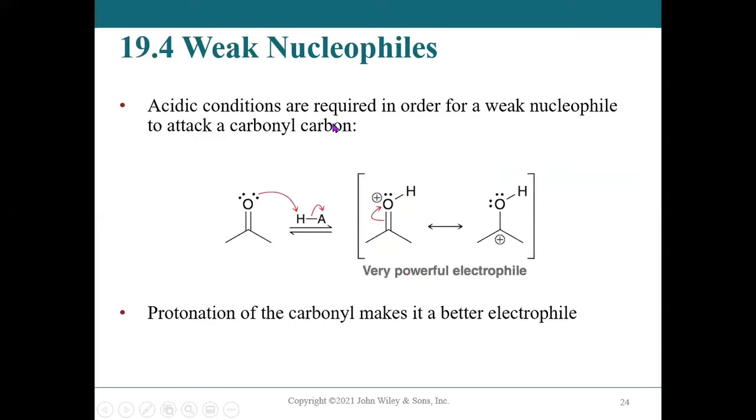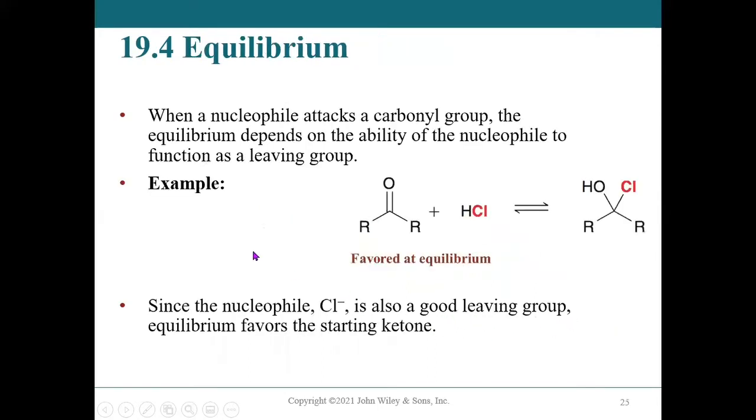Acidic conditions are required in order for a weak nucleophile to attack a carbonyl carbon. Protonation makes the carbonyl carbon more electrophilic, a very powerful electrophile. Protonation of the carbonyl makes a better electrophile. When a nucleophile attacks a carbonyl group, the equilibrium depends on the ability of the nucleophile to function as a